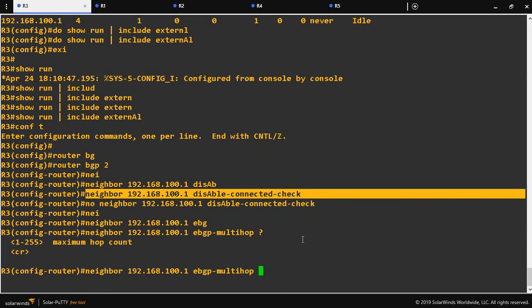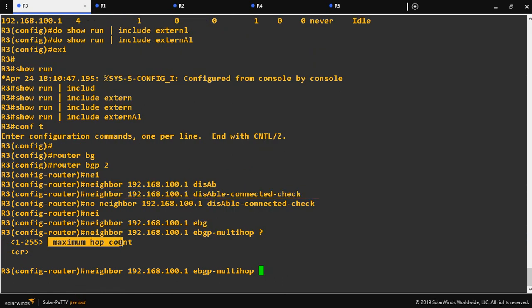So here we can see the multihop is the maximum hop count. So the TTL value should be 1 to 255. So here we have to give 2 because R1 to R2 is 1 and after R2 it will reach R3. So 2 hops. So we have to give 2. If you are not giving a hop count and just press enter, it will take 255 by default, so it will form a loop. So maximum, you have to give how many hops away the peering device is. So based upon that we have to configure here. So here the peering is after 2 hops, so we have to give